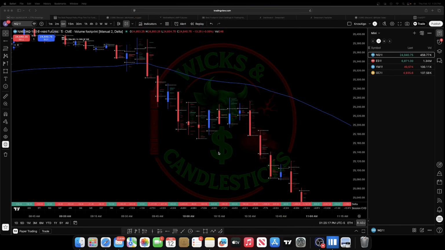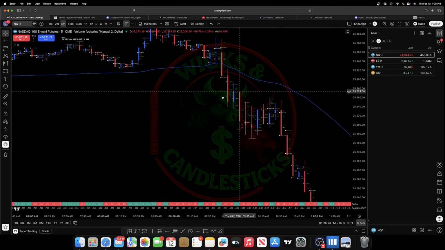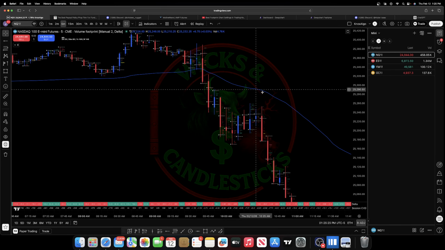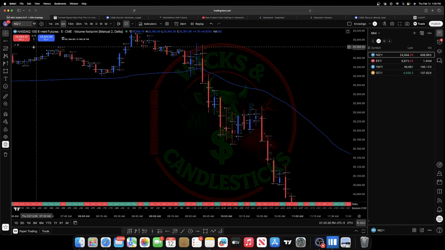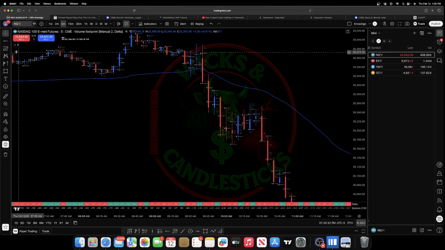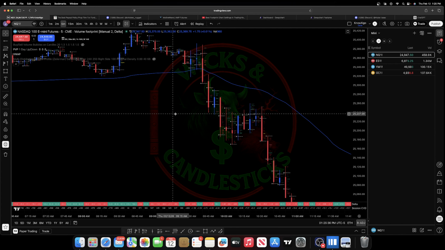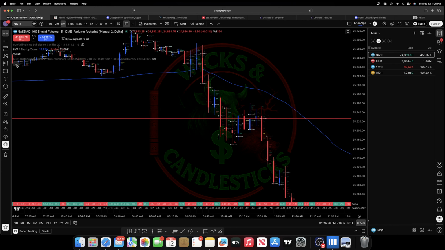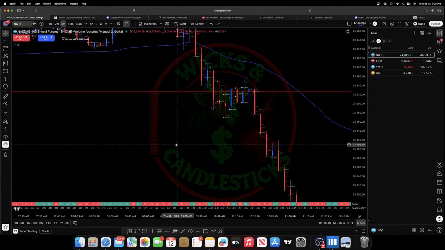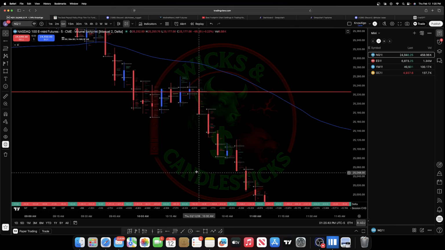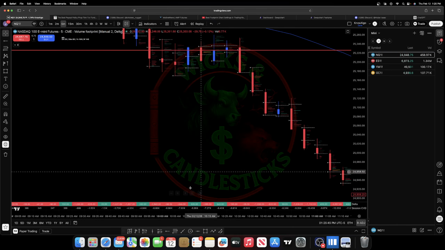So I'm going to start with a blank canvas, and I'm going to tell you how I start off every single day. This line right here is called a VWAP. I always keep this on there. I usually have the bands on it, but I don't have the bands on it today. I also want to get my sessions out. But before I go even further,